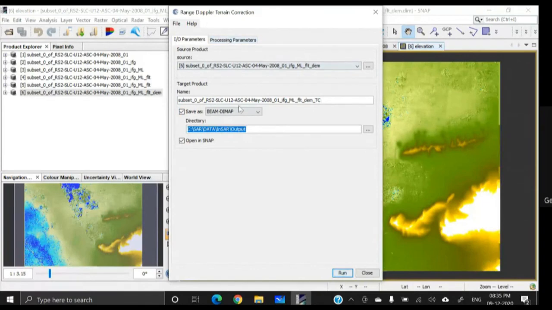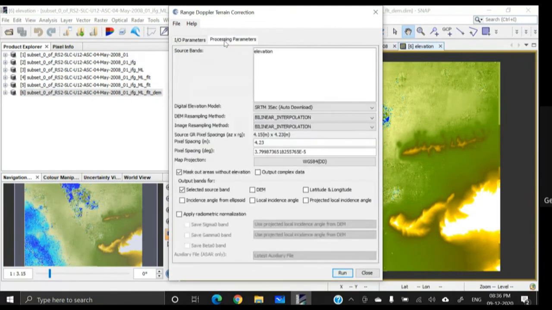Now see here in the save as option, you have the option to save this image in GeoTIFF if you want to export to some other software. However, we have also shown you how to export the data in some other format. So therefore I am saving it in DIM file format, the internal file format of SNAP.